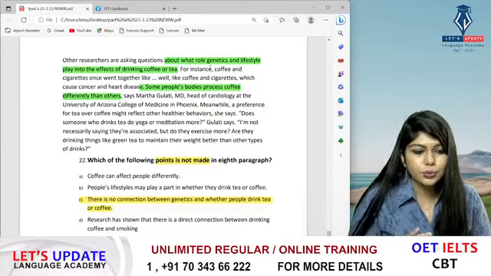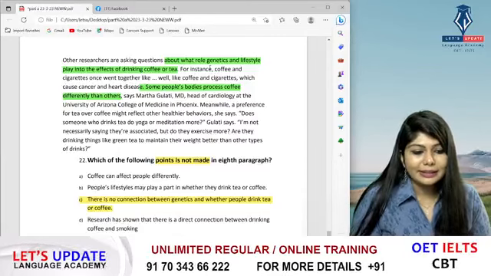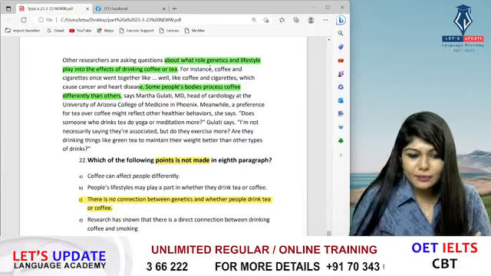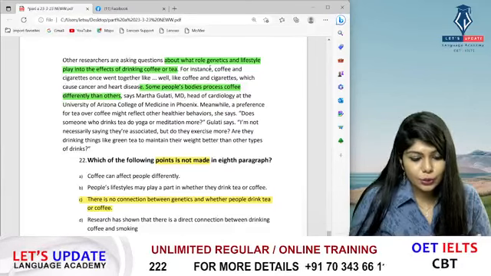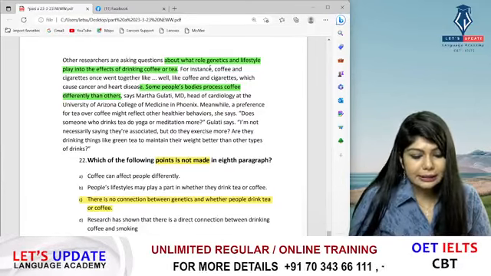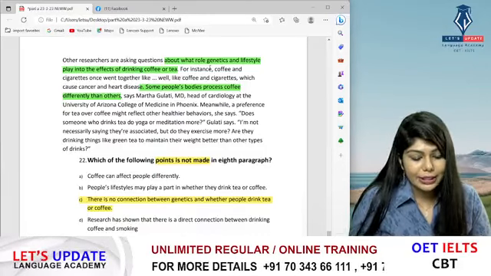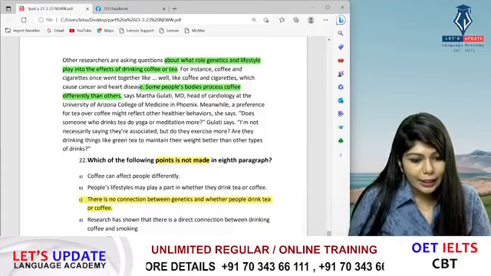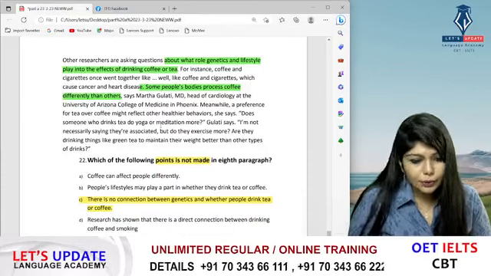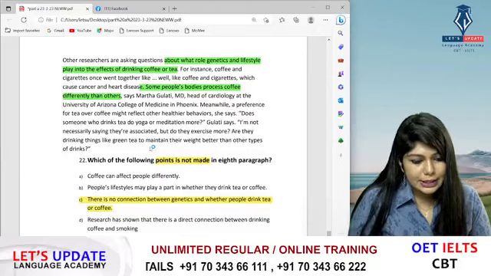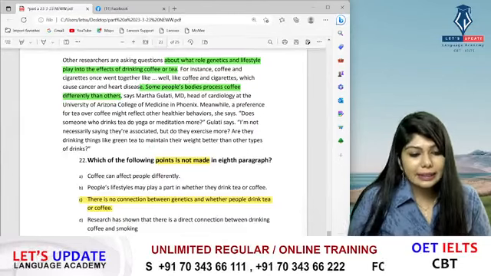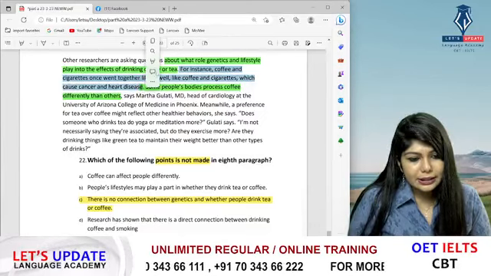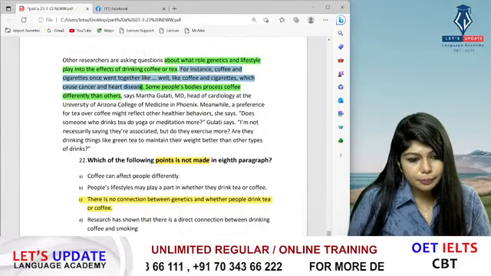Coffee and cigarettes once went together, like coffee and cigarettes, which cause cancer and heart disease. So previously there was a connection like that, and that is mentioned over there. So A, B and D are directly mentioned over here, and that is why the correct answer for this question would be